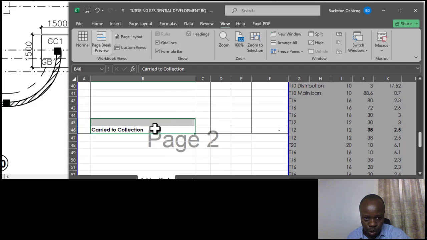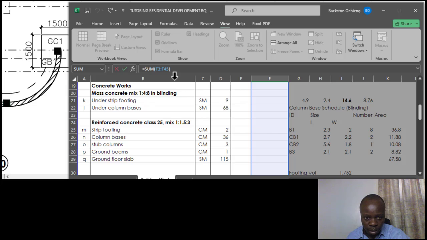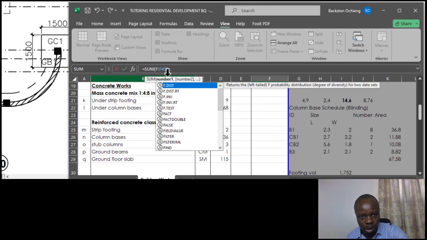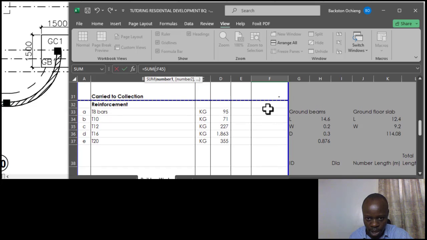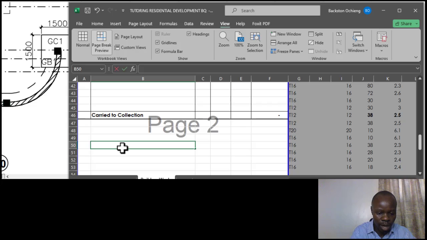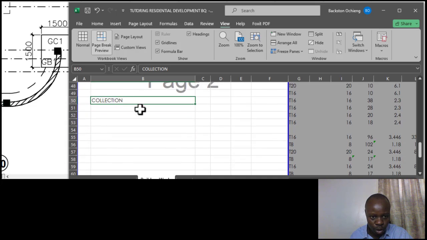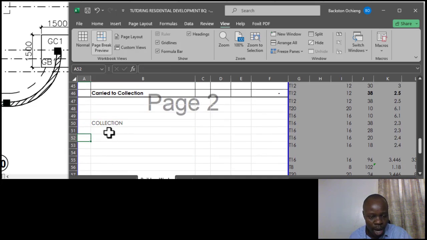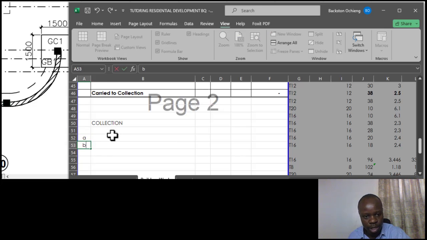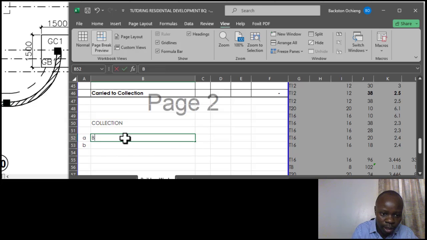Alright, so carried to collection, we have that one here. Then the sum should be ending. This is now not F3, that sum should be ending from that page. Alright, then now at the bottom here we have what we call the collection. So for the collection you should have the items that you are going to carry. So this is A, and then this is B. Alright, so for this one you can say brought forward